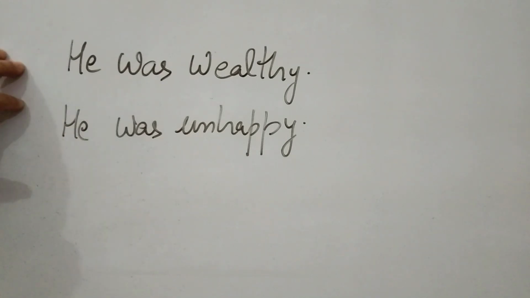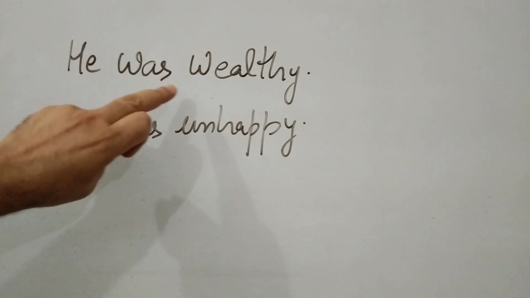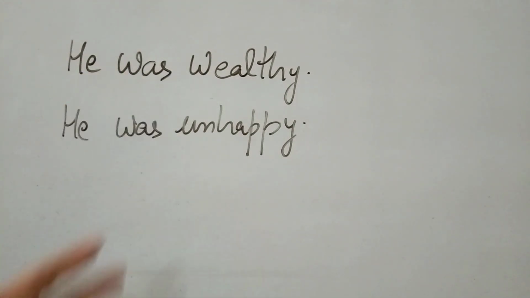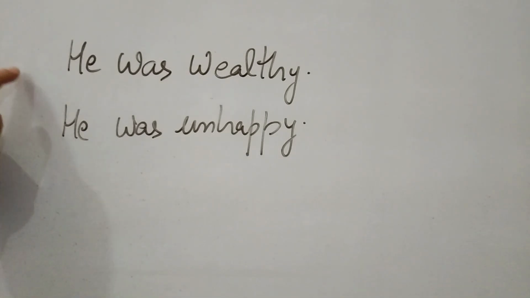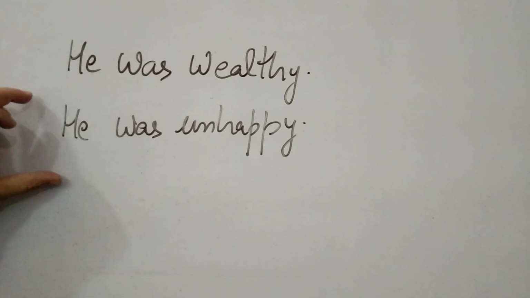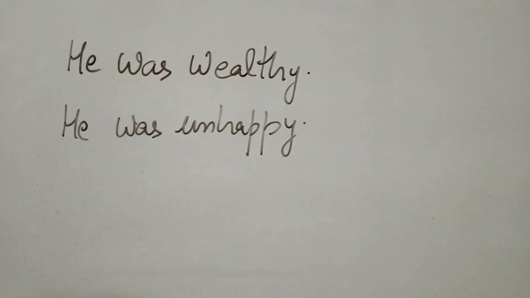Now both sentences are opposite to each other, meaning one is positive, wealthy, and unhappy is negative or contradictory, because most people assume that those who have wealth, those who are rich, are supposed to be happy people. But here it's contrast information. This is contrast information because one is positiveness and the second one is negativeness. So I am going to combine both sentences with the help of a word that is known as although.